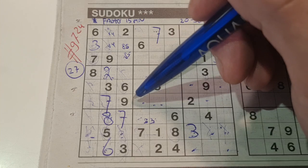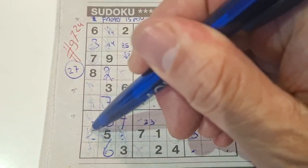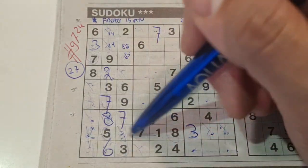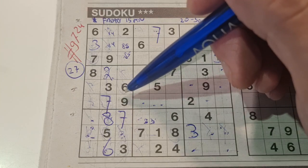Then, let me see. Need a 2 there. Need a 4 here. Need a 1 here. 1, 4, 5, and I need a 9. Well,